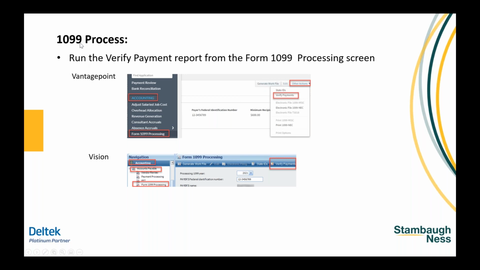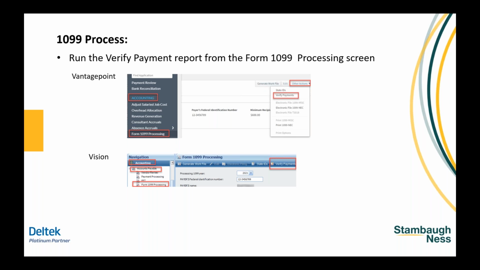Once you initialize your file, there's an easy function within Vantagepoint and Vision where you would verify your payments. All this is doing is it's taking that field from paid last year and physically comparing it to your vendor review payments for the year. So it'll look at any payments dated January 1st, 2021 to December 31st, 2021.